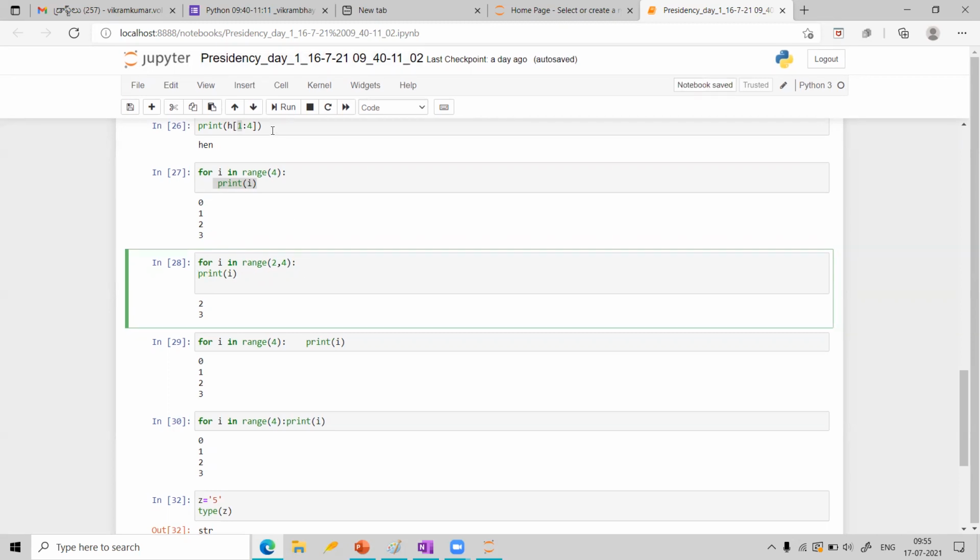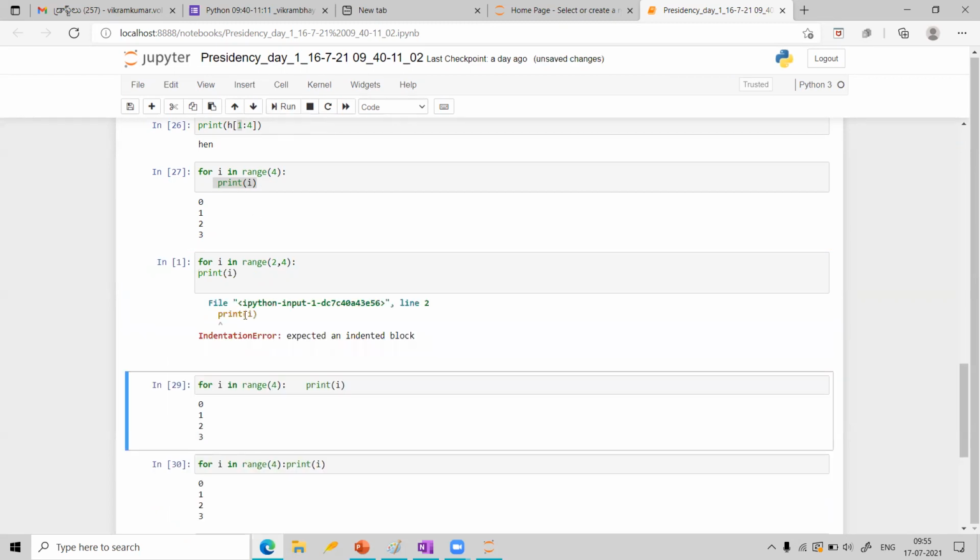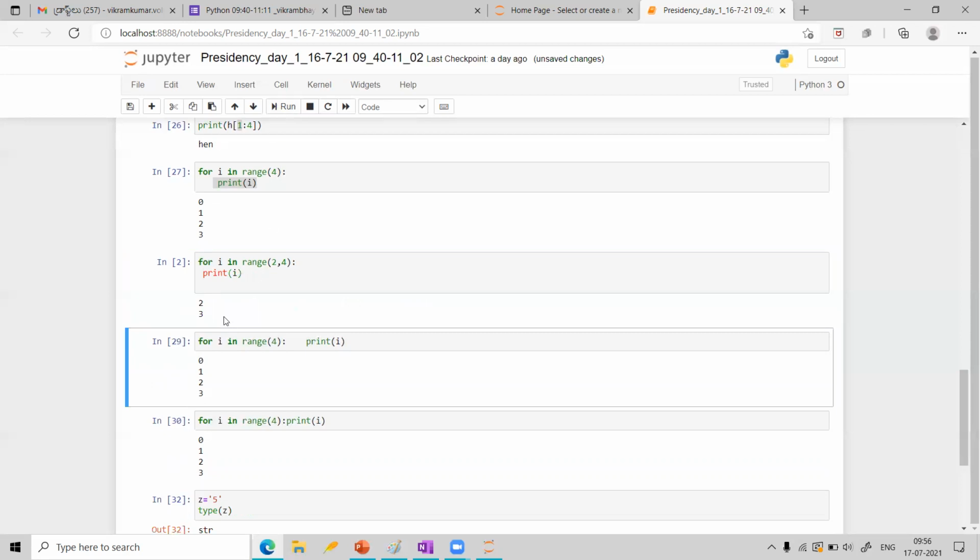One is to click on the run button here. See, it is giving an error. What is the error? It is telling indentation error. I think I told you yesterday, I have to give some gap like this. Now if I run this, the answer has come.